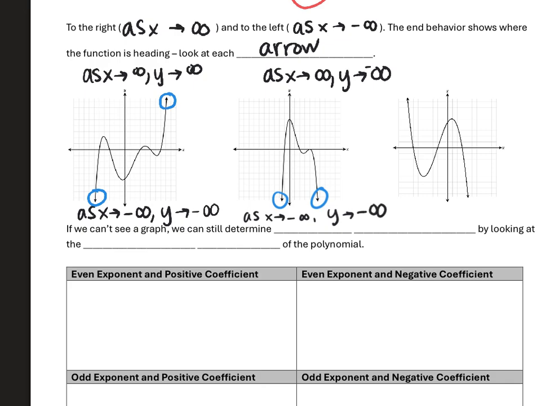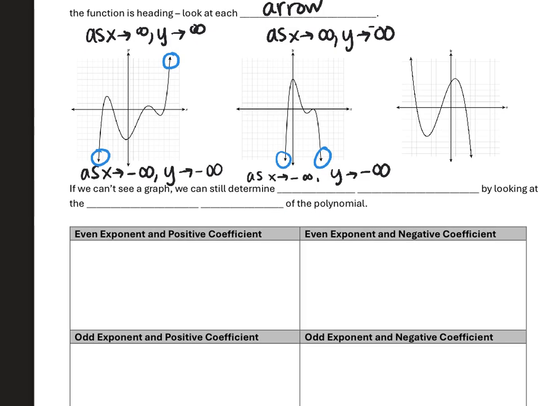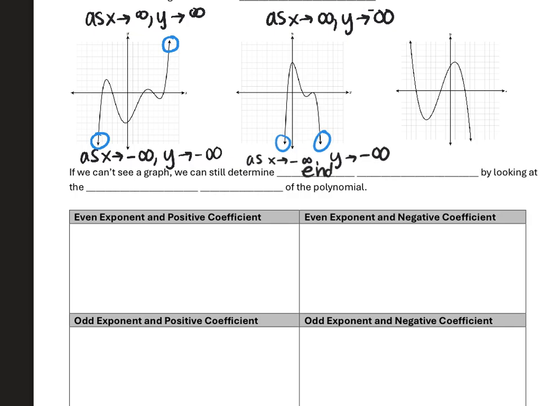Okay, now that's great if we have a graph. We can look at the arrows and determine end behavior, but we can also determine end behavior by looking at the leading term of the polynomial when it's in standard form. So if you get into standard form, the leading term, the first term in that polynomial, will tell you the end behavior. So if you don't have a graph, you can still figure it out if you just have